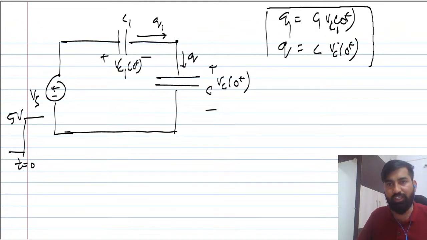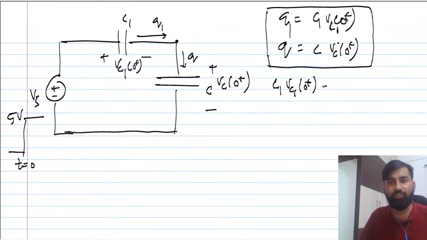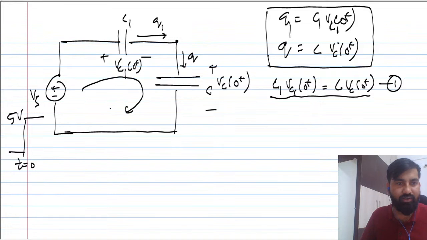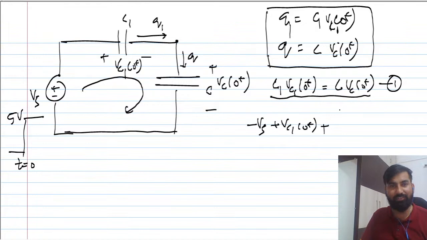तो KCL से आप बोल सकते हो कि दोनों चार्ज equal होंगे, तो आप बोल सकते हो कि C1 VC1 0 plus is going to be C VC 0 plus. ठीक है, एक ये इक्वेशन आ जाएगा, first equation. Second equation आपका क्या आएगा, what is the voltage if you apply the KVL in this loop. ठीक है, अगर आप पहली गलती नहीं करते हो कि कैपेसिटर को शॉर्ट सर्किट से replace कर दिया तो KCL violate हो जाएगा। तो KCL अगर आपको यहां लिखना है तो in terms of what करोगे, you can apply the KVL here. सो पहला क्या है, minus VS, the source voltage, minus VS plus VC1 0 plus VC 0 plus equal to 0। तो यहां से VS कितना आ गया,